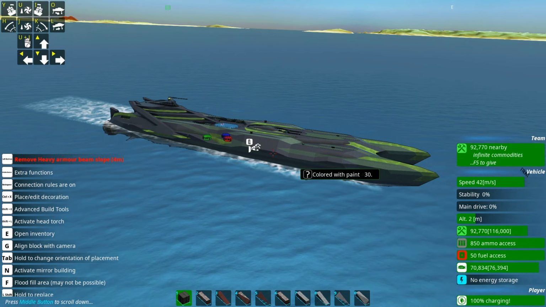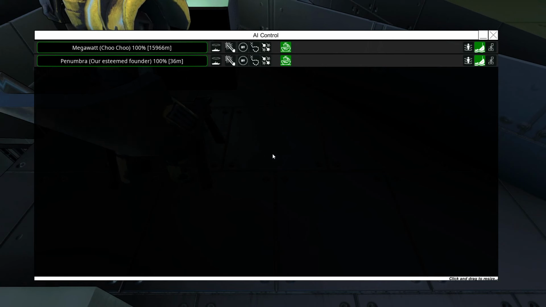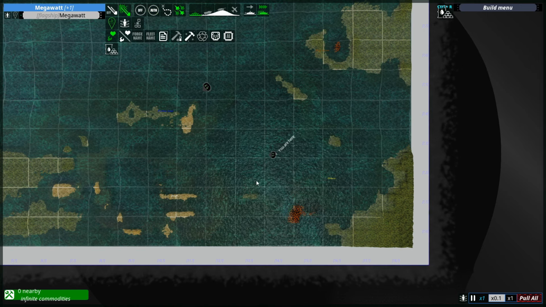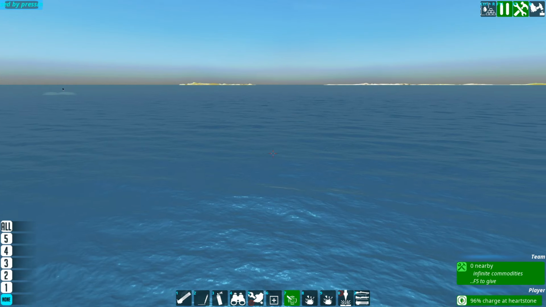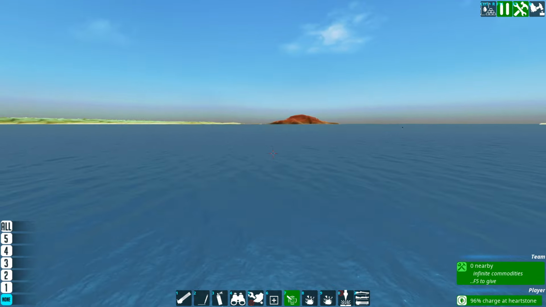And speaking of crams, these guys are designed to bully you, if you like crams. And where did the Megawatt bugger off to? Where'd you go, dude? Come back here. Actually, let's destroy all vehicles, and we're going to spawn in... I don't know. What's a fast thing? The megawatt is over there. We're going to spawn in...